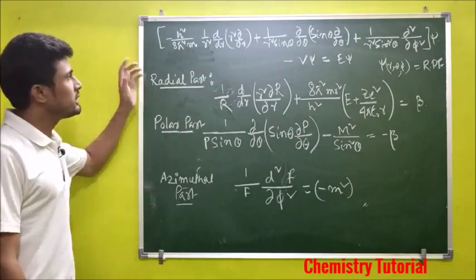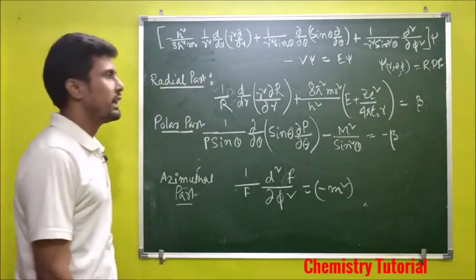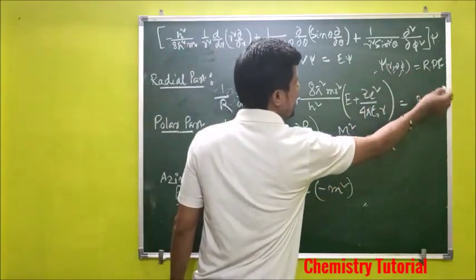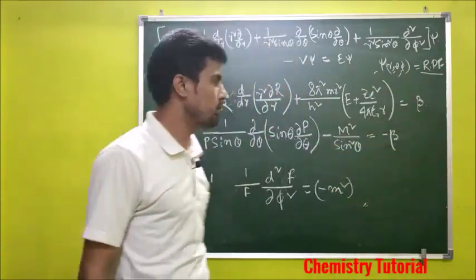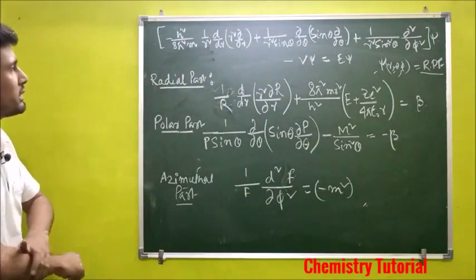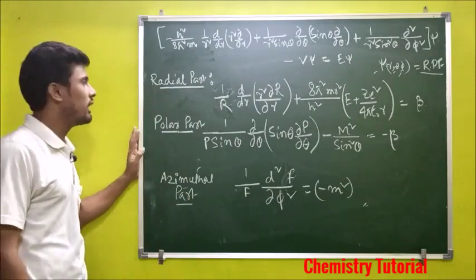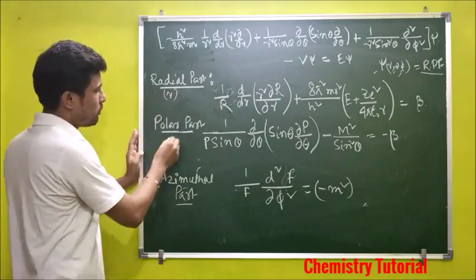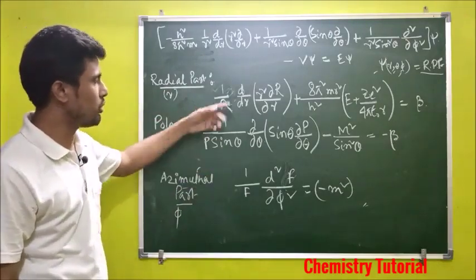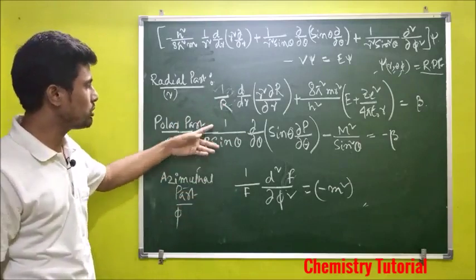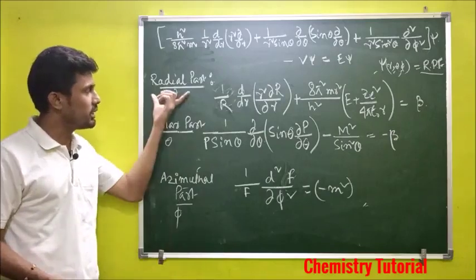So this is the Schrodinger equation of hydrogen atom in terms of polar coordinates, where psi is a function of r, theta and phi, and it can be expressed as a product of 3 separate functions R, P and F. So we separate this equation into 3 parts: the radial part, the polar part and the azimuthal part, where the radial part is dependent upon r, the polar part is dependent upon theta, and the azimuthal part is dependent upon phi. So these are the 3 equations we are getting. These are all differential equations. We are not going to the solution of these 3 differential equations. In the next video I will discuss the radial part solution.